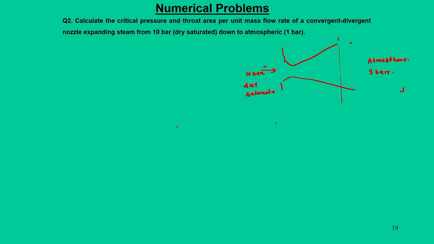So, we need to find out the critical pressure and throat area. So, this is your throat area Ac, and if you try to plot it in a temperature entropy diagram,